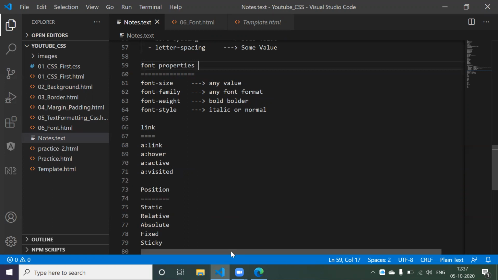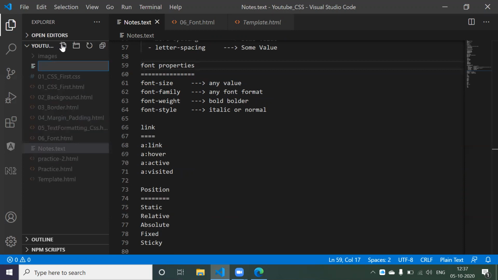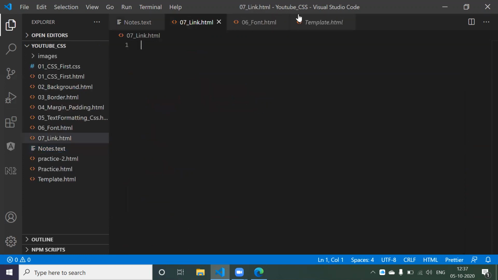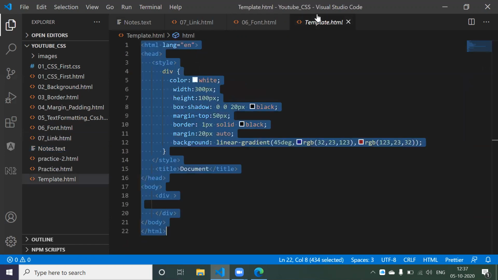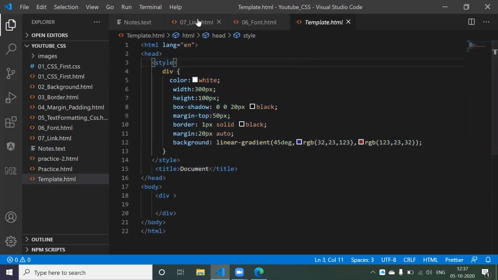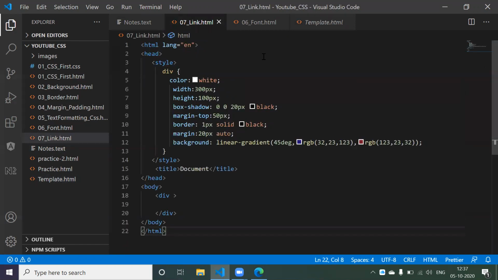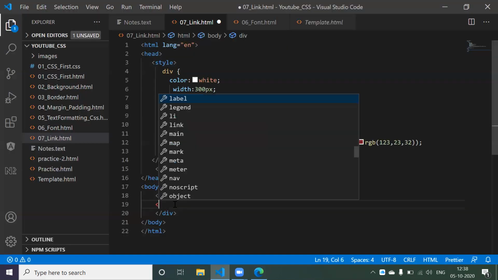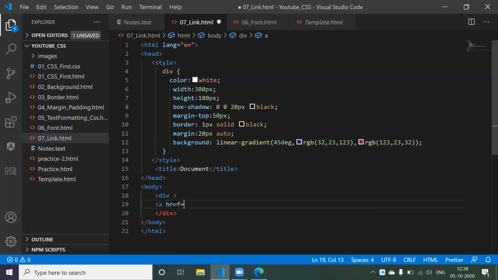So let's come and see how. I'm going to create one more file known as 07, and I'm going to say link.html. Now I'm going to copy everything as it is from our template, come here and just save it. By default it is going to look like something like this. Now instead of p paragraph, I want to add a, with href some slash. Instead of slash, I want to give just hash,